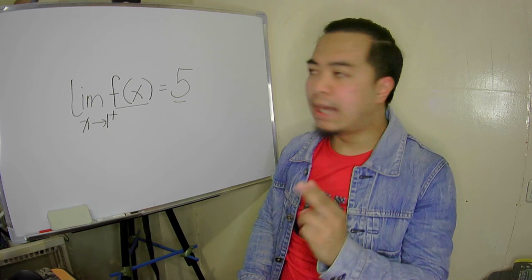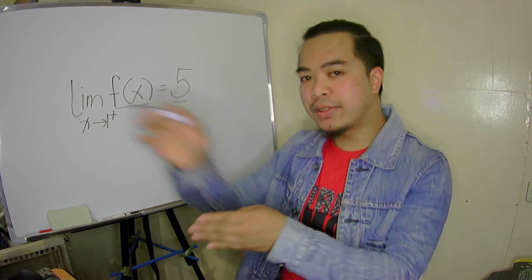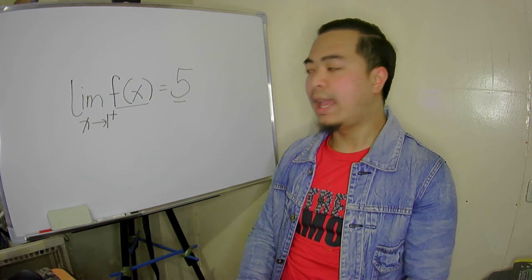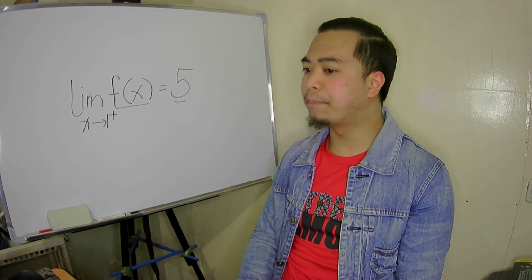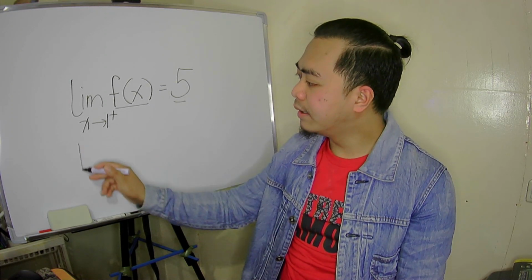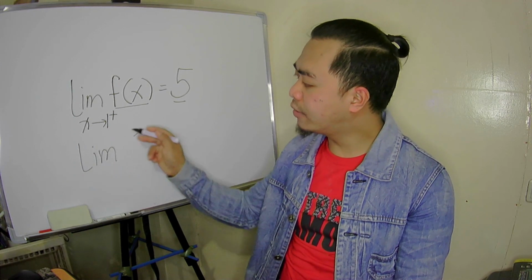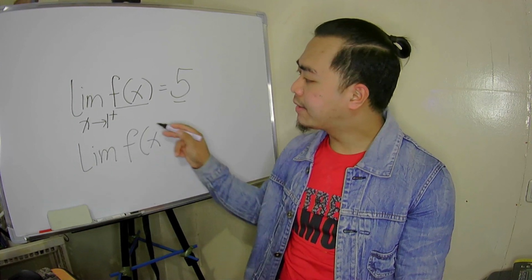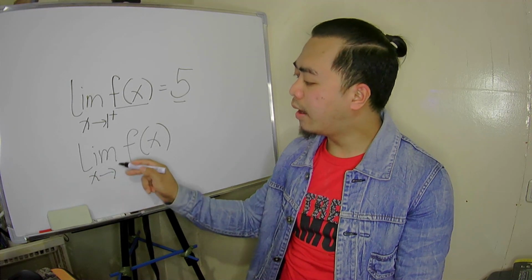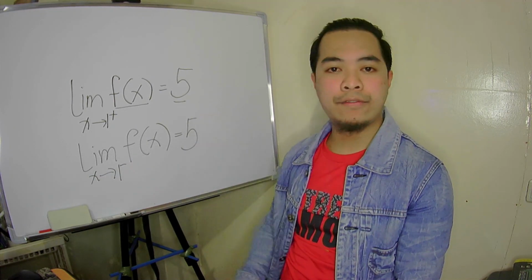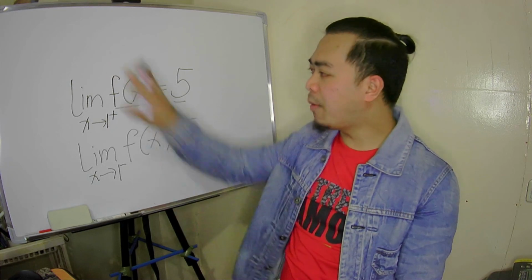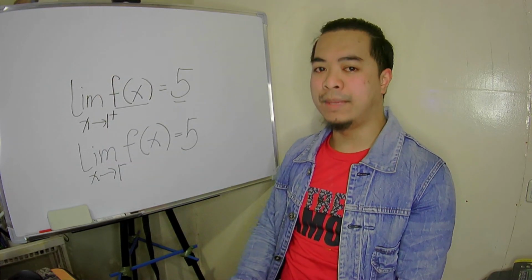Ano pa yung pangalawang observation natin? In-observe din natin siya sa left side. And sinabi ninyo na it's the same observation actually. That is, the limit of the same function f of x as x approaches 1 from the left ay parehas na 5. Ang tawag natin dito ay limits.